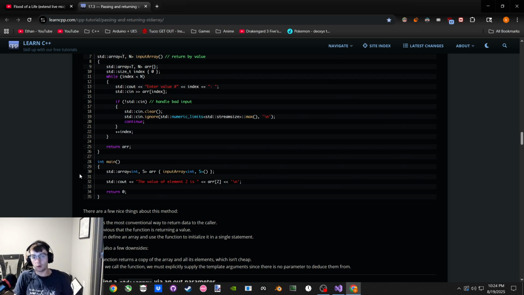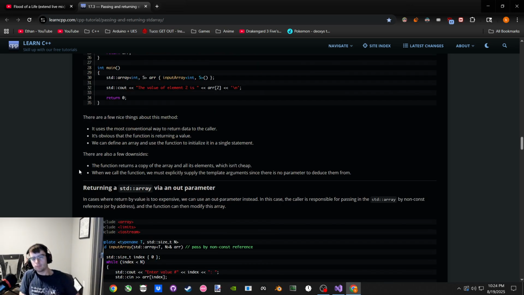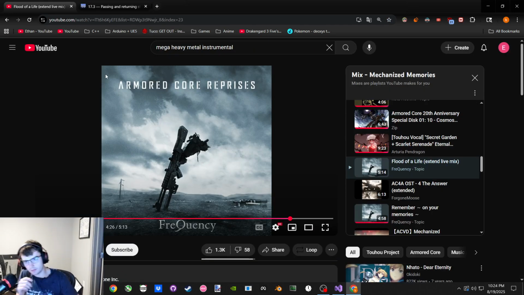So then, sure, it only handles this one length and type of array, but that's annoying. Or, yeah, okay. Or we could do that. If it's too expensive to return by value, it makes sense that we could instead do something like